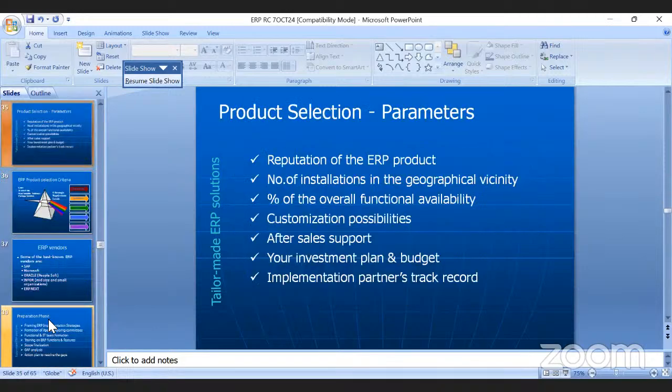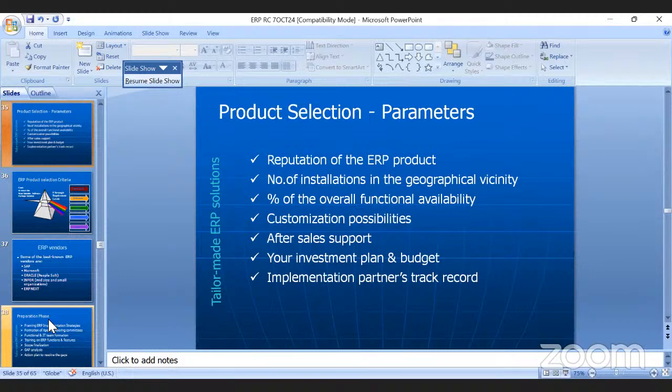So when you choose the product, what are the parameters to be considered? When you are buying an ERP software solution, think that you are a cloth manufacturer like Reed and Taylor. You need to implement an ERP solution for an organization. There may be another company, maybe South Indian Paper Mills. They manufacture paper. They want to implement an ERP solution. Both are manufacturing, but different products and different setups.